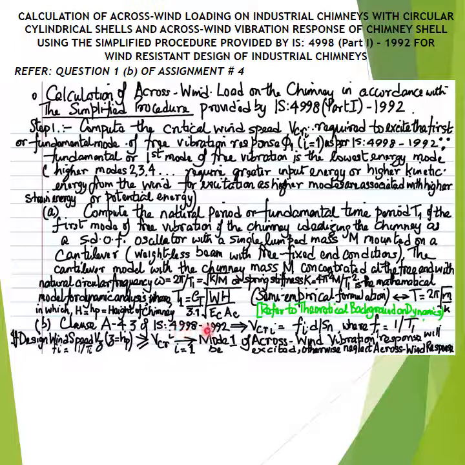The semi-empirical formulation that is one of the most reliable estimates of the natural period or the fundamental time period T1 of practical or real industrial chimney structures, as recommended by many textbooks, is mentioned on the current slide,